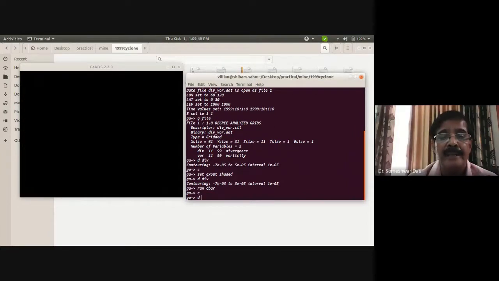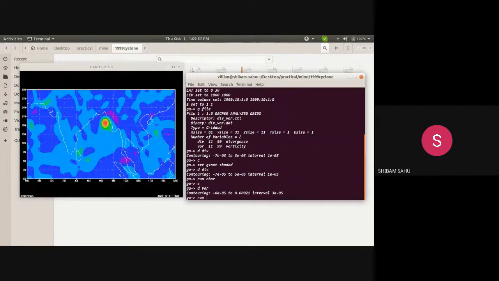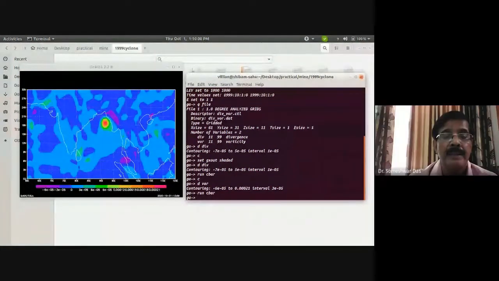Show me the error plot, side by side. Okay sir, this is my vorticity. Now the C bar n, vorticity is positive at the center. Okay.